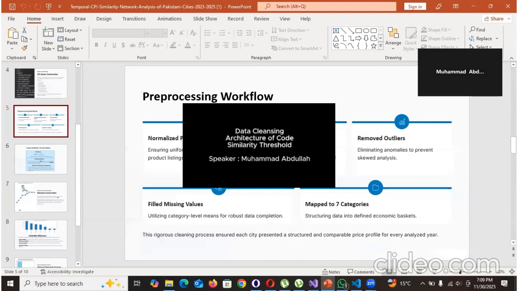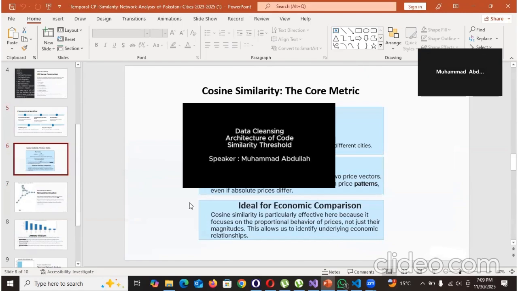To compare two cities, we use cosine similarity. Cosine similarity measures the angle between two city price vectors, not the raw scale of price. This is useful because two cities can have different price levels but still follow the same pattern of price movement. So cosine similarity helps us detect structural similarity, not just expensive versus cheap, which is exactly what we need for